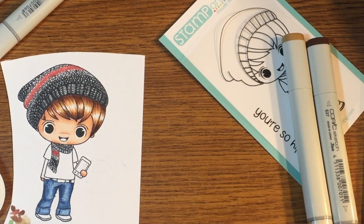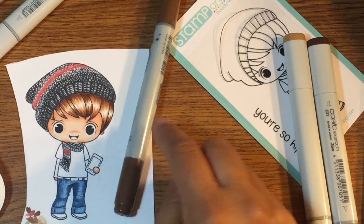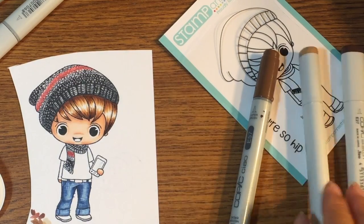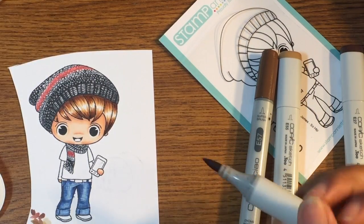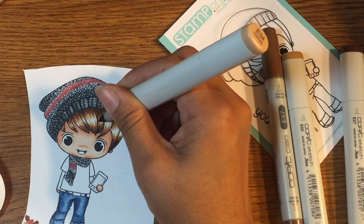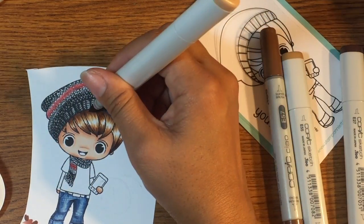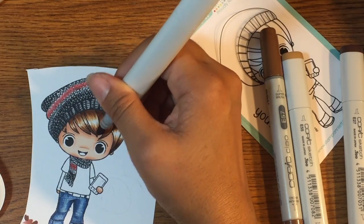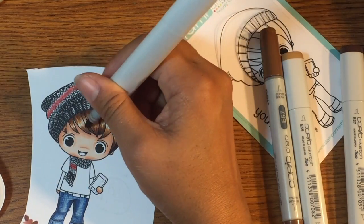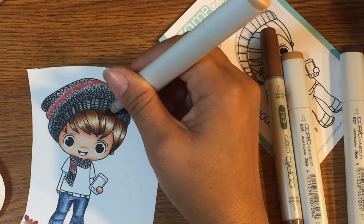So, I don't know. I think I need another color. Whoops, sorry. And let me see. Where's that E34? So that part that I messed up on, that part I'll blend out. And try to go as lightly as you can with the tip. Don't go in